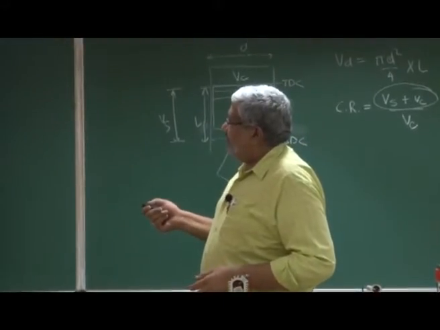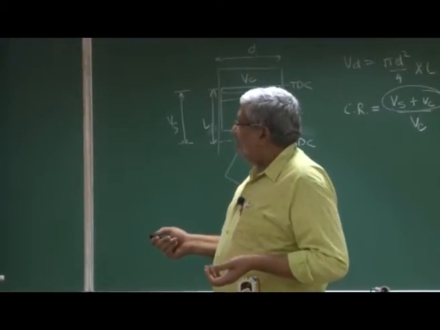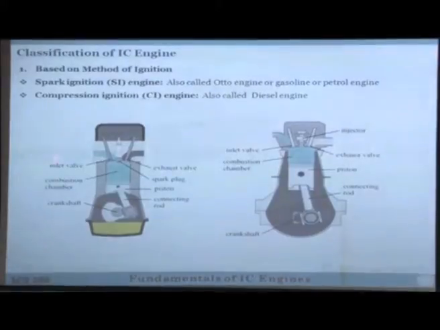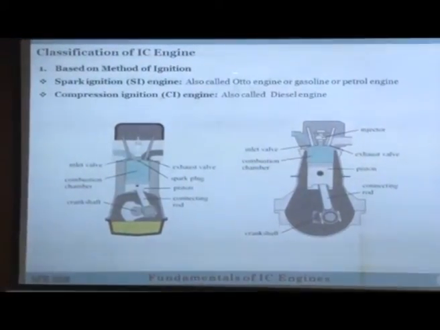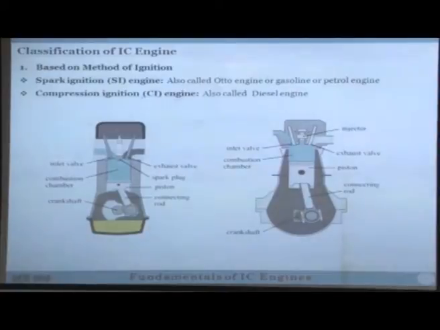So let us see the classifications. First is based on the method of ignition. If you are using a spark to ignite the mixture, it is called a spark ignition engine. This engine was invented by Nicholas Otto, which is why it is called the Otto cycle engine. It works on the Otto cycle and uses gasoline or petrol as fuel, or CNG can also be used. Compression ignition engines were invented by Rudolf Diesel, and that is why we call them diesel engines, in honor of Rudolf Diesel,